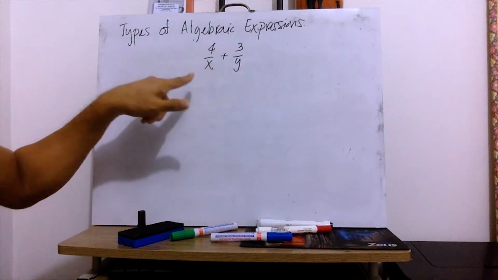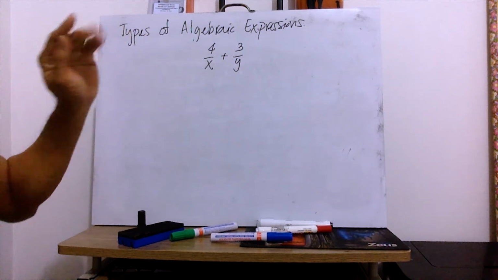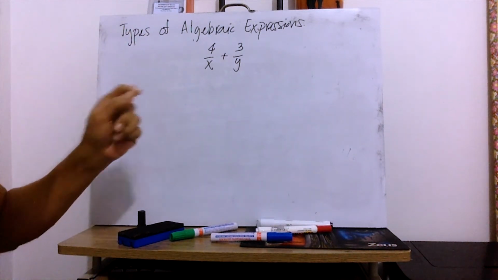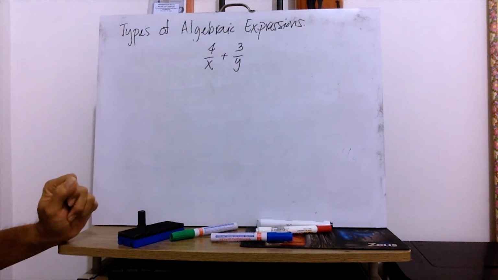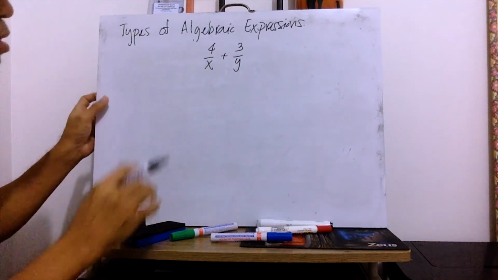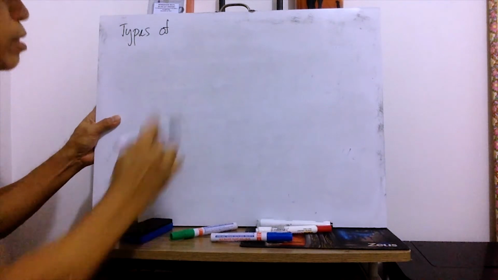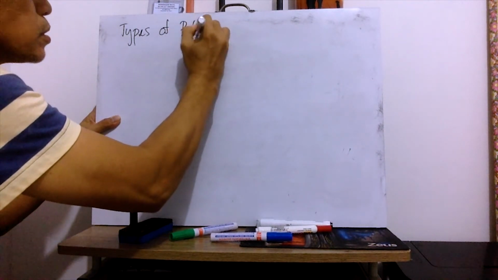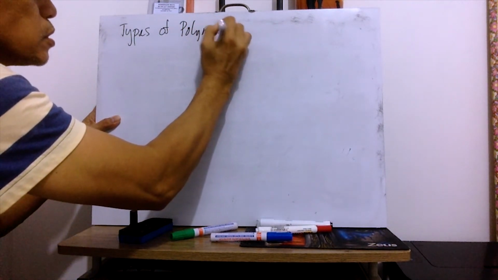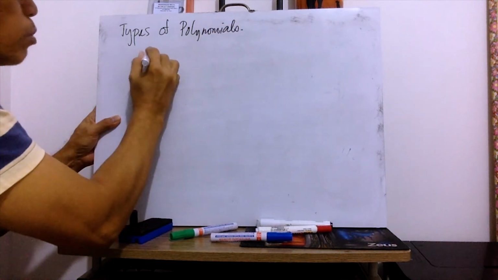It's a general term, which means a polynomial is a specific algebraic expression. Okay? So let's make it specific. Polynomials. Number one,